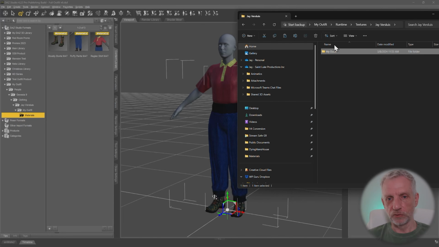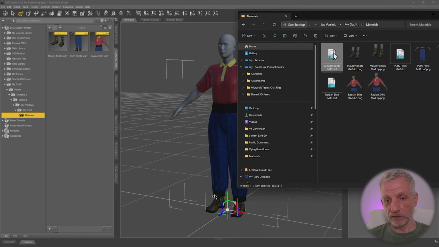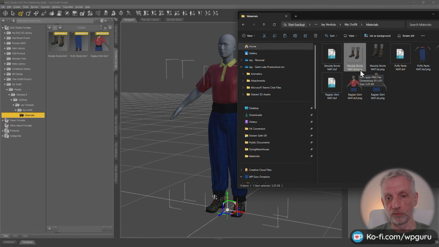So again, it's in the same directory here. At the top level, we have people, and then there's Genesis 9, and then there's clothing, and then there's me, and there's my outfit, and there's the materials. And so we have the actual DAZ file, which is very small, 182 kilobytes here. And then we have 2 thumbnail files. One has the same name as the DAZ file, and it's called DAZ.png. That is 91 by 91 pixels,